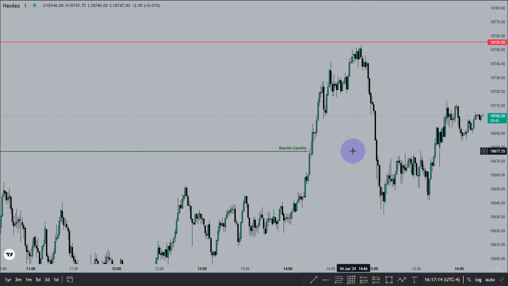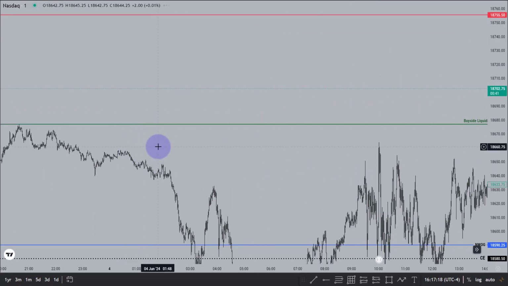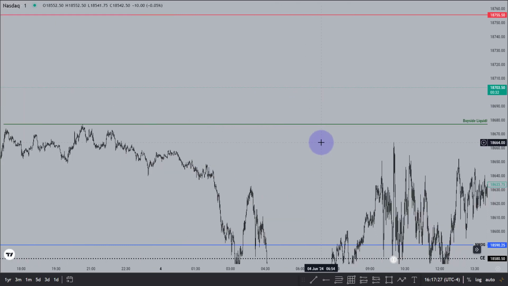This happens most of the time when market takes some kind of extreme liquidity from the 15-minute chart. If you compare 1 minute chart and 15-minute chart, then 15-minute liquidity is your extreme liquidity and 1 minute liquidity is your minor liquidity. So I'm not gonna compare the daily candle liquidity. Instead of that, I'm gonna compare 15-minute liquidity with 1 minute liquidity. When I'm comparing these two, this 15-minute liquidity is my extreme liquidity